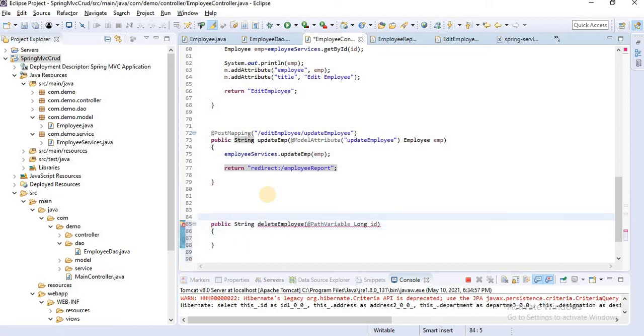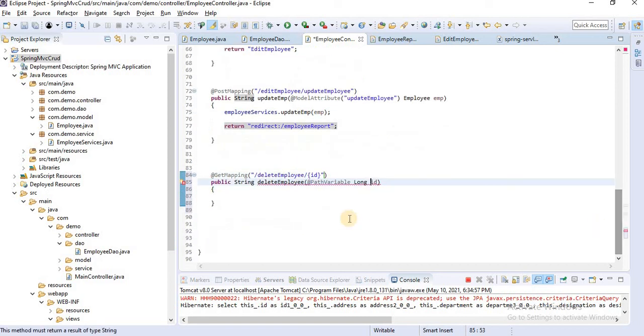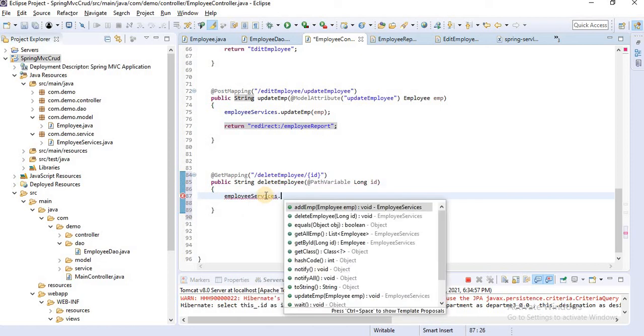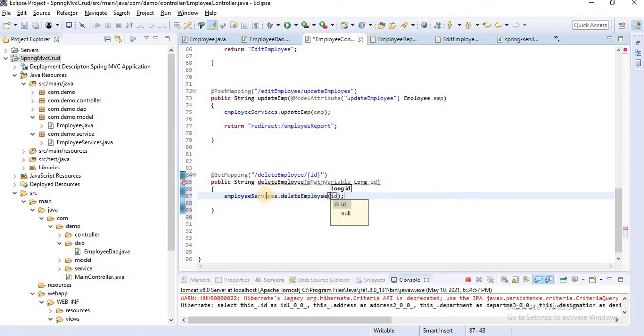Just add here @GetMapping /deleteEmployee/ and pass the ID that we got here, and that ID we will pass for deleting the record. Let's call employeeService.deleteEmployeeById.